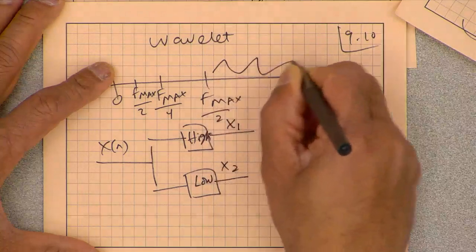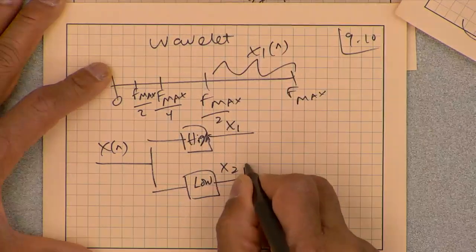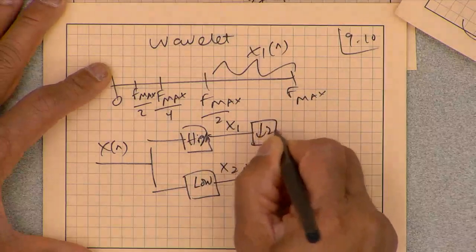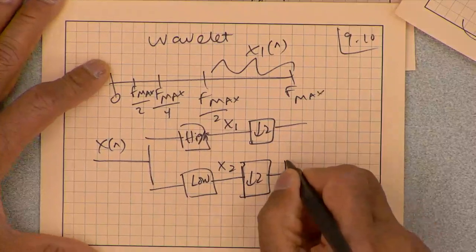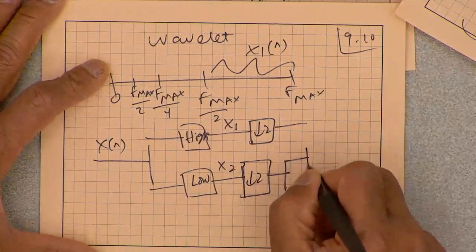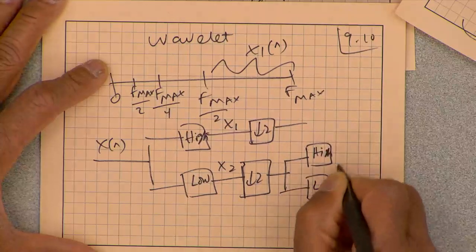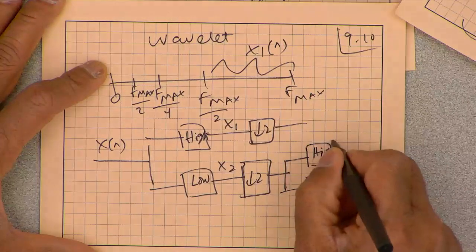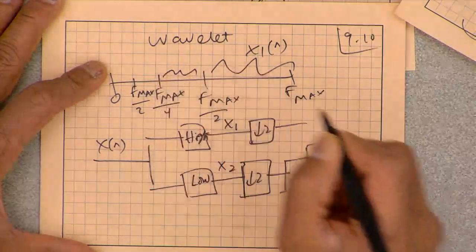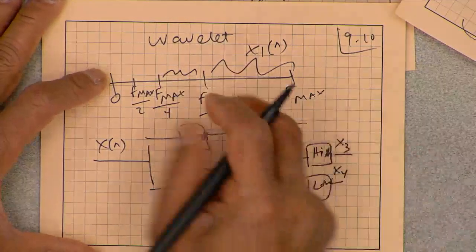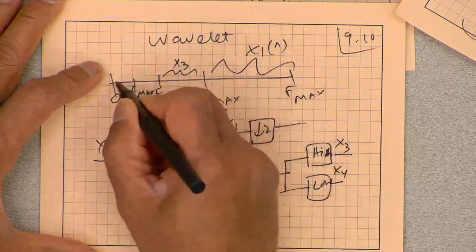So this whole thing will be the high pass, which will be x1[n]. x2[n], same thing. By the way, you downsample, because every time we are not getting any benefit if we don't downsample. So downsample and then high pass and low pass, and then this signal x3 and x4. So I took the whole thing as x2, and this is x3, and this is x4.